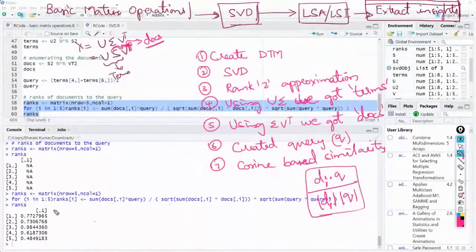Wonderful. Yep. And then we got this. From this, you do your extracting of the insights. You extract those documents which are very relevant.